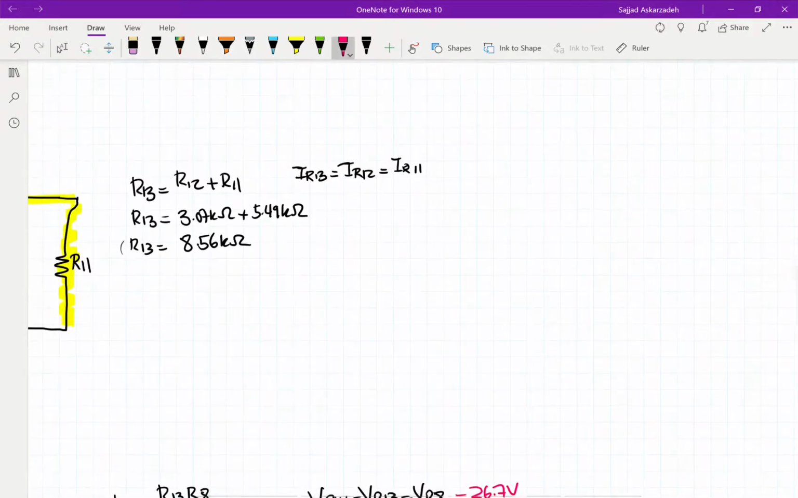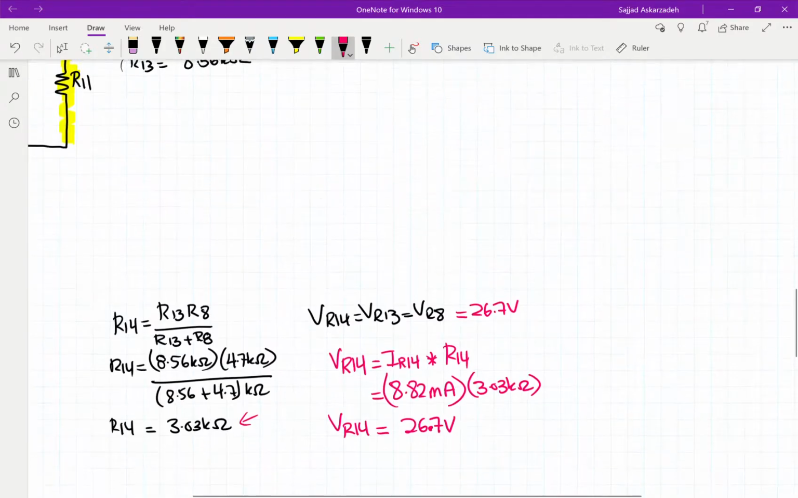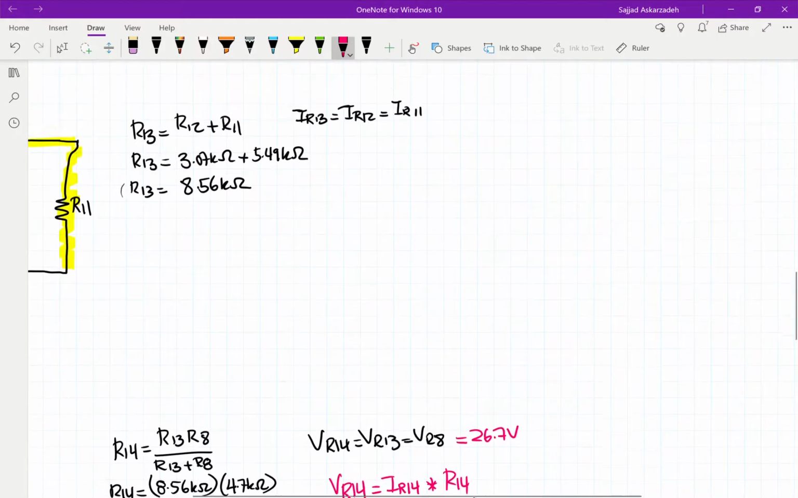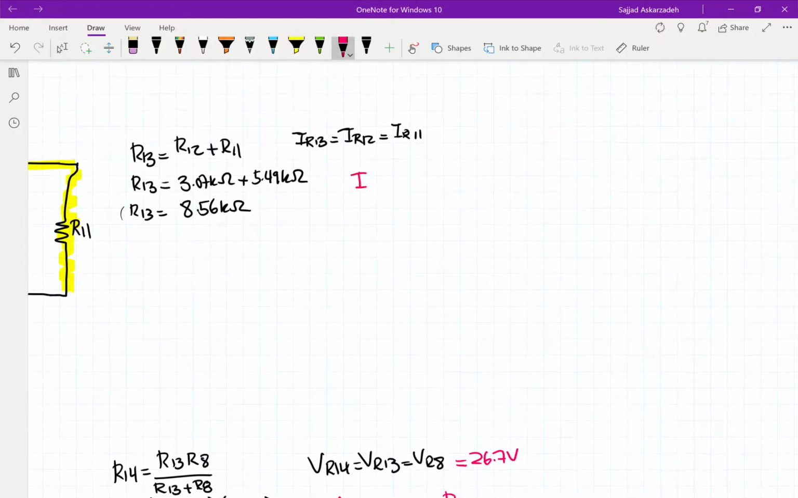Okay, going to the next one. So we have IR13, IR12, IR11, and we know the resistance value for resistor 13. It's 8.56 kilo ohms. We're trying to find out what the current through that resistor is, and we know what the voltage is, so we can definitely find out what IR13 is by going